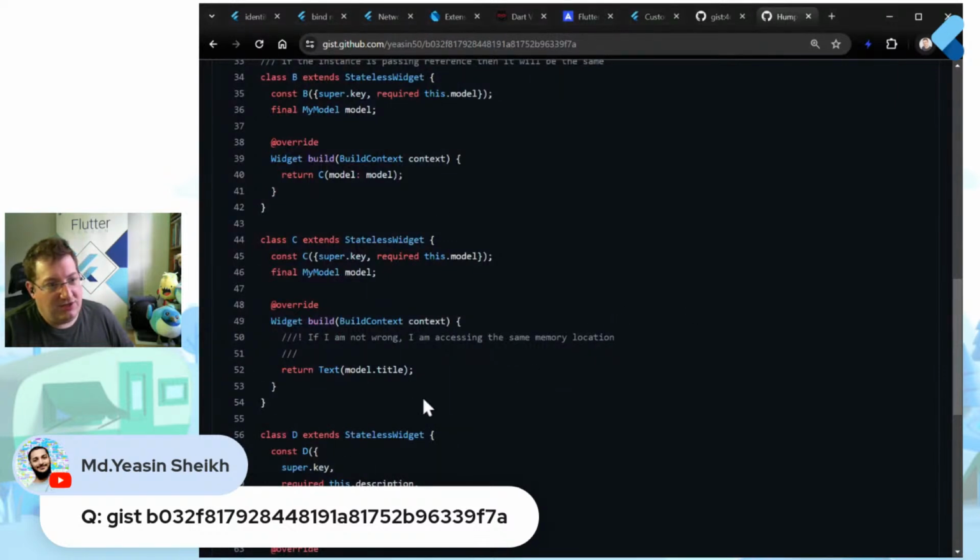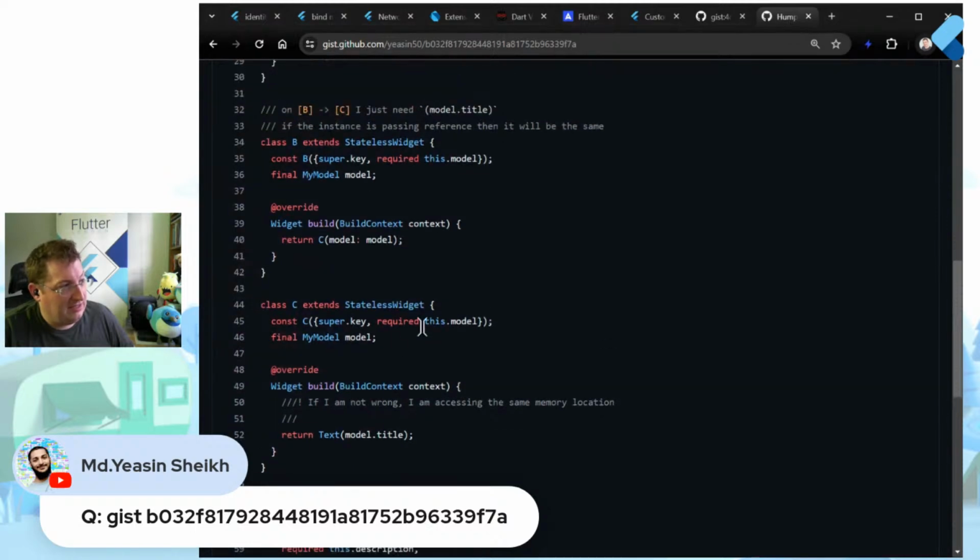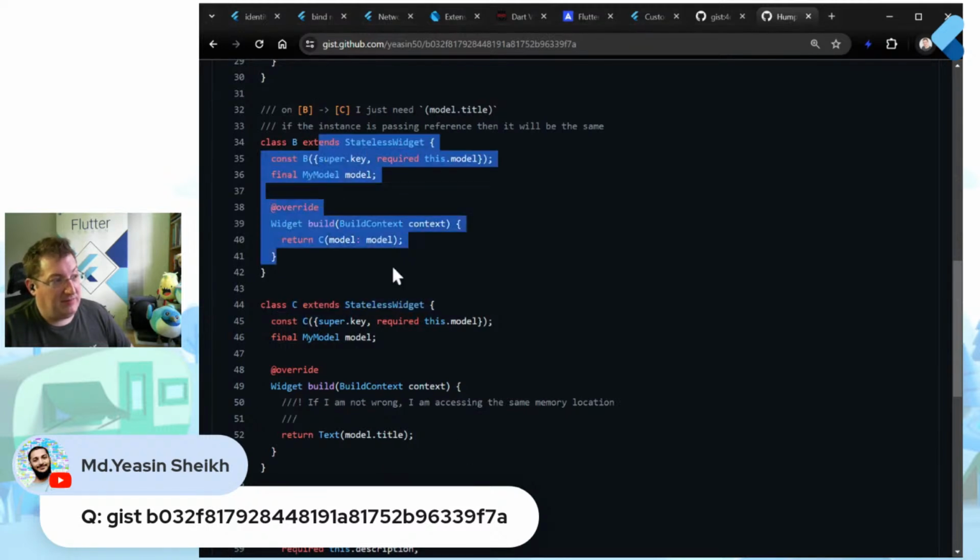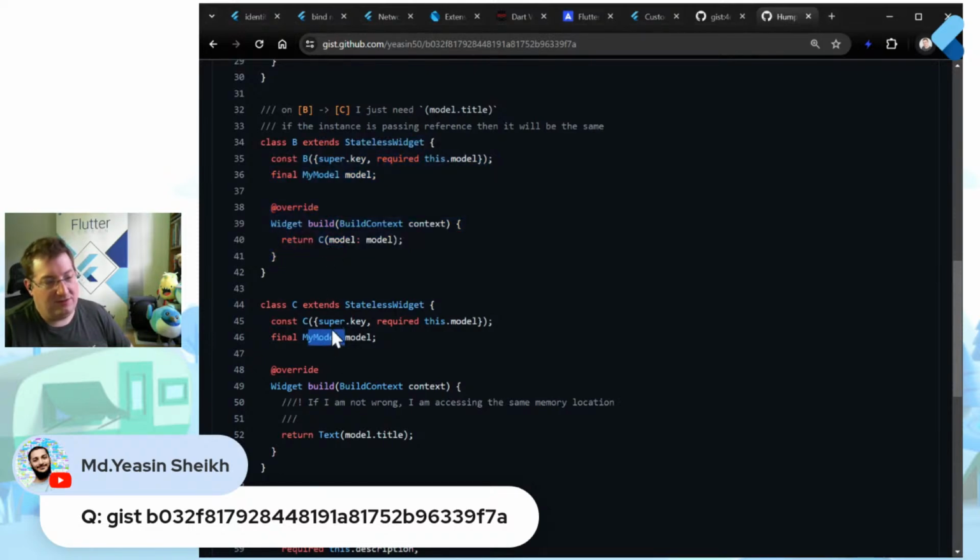In this situation, just to be clear, I would probably have this C object depend on title. If it does not depend on the model as a whole, then I'd have it depend on title, and this makes this widget a bit more flexible. But maybe a middle widget depends on the model because it requires the entire model, because it has several widgets that depend on separate features of the model. But equally, this works, and you can also do things like